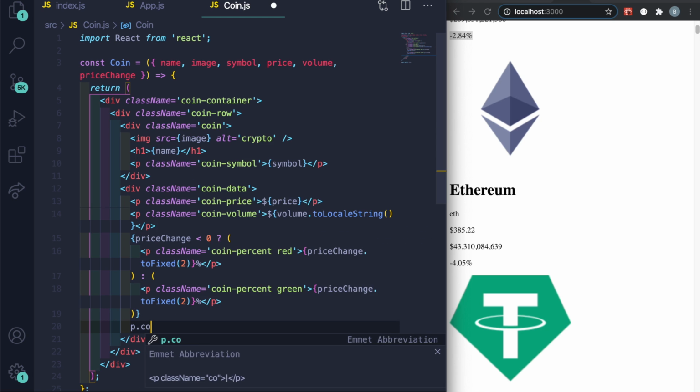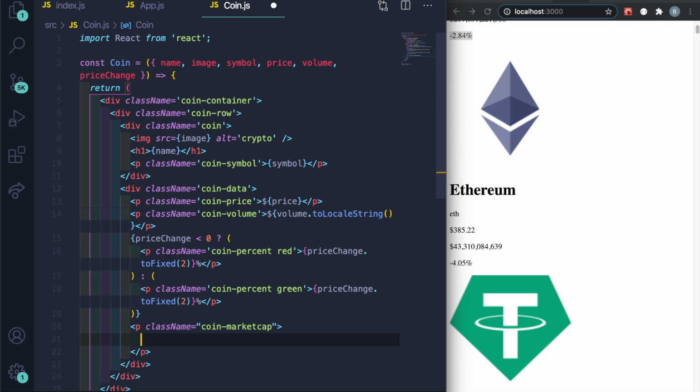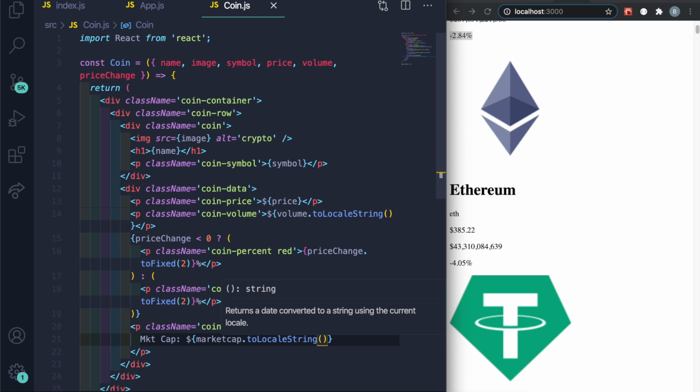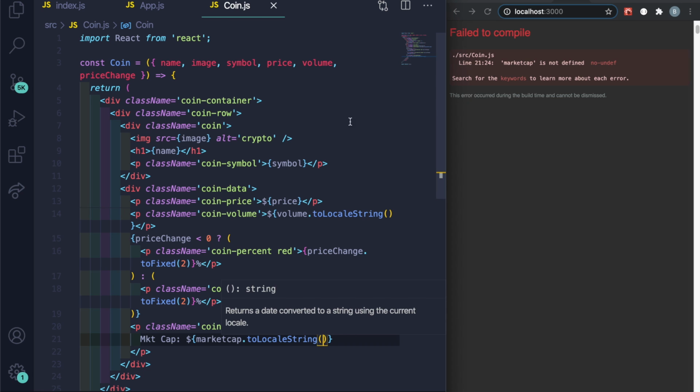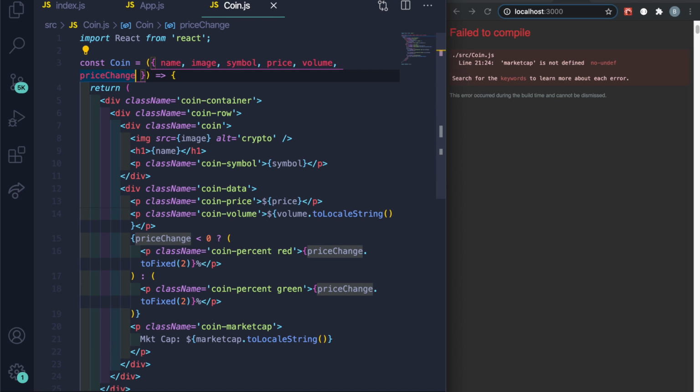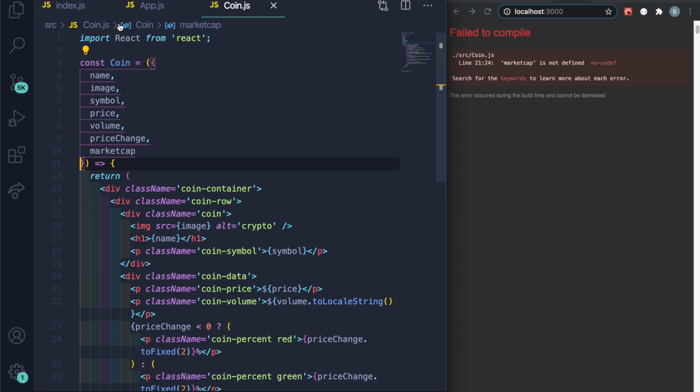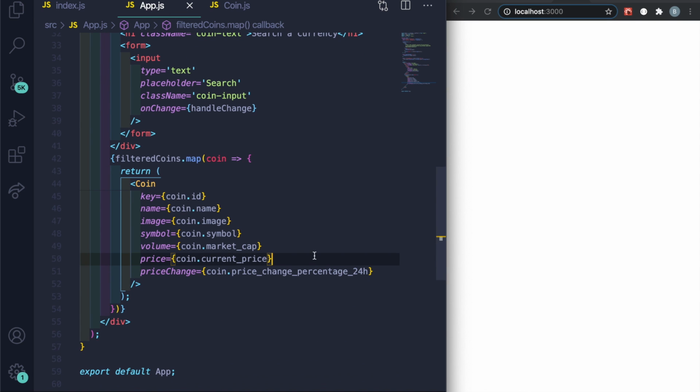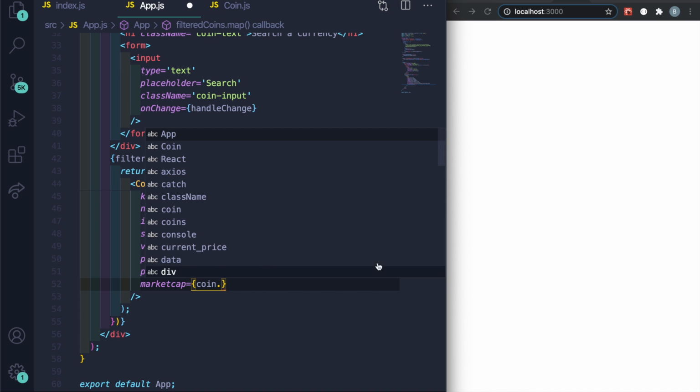I'm going to say p.coin-market cap, and then in here I'm going to pass in mkt cap colon $ curly brace market cap dot toLocaleString parentheses, and then it's going to say market cap's not defined, so we're going to have to go up to the top here, make sure we add it, save it here, and then we need to go to the actual app.js file. Let's just call this market cap equal to curly brace coin dots, and then if I go